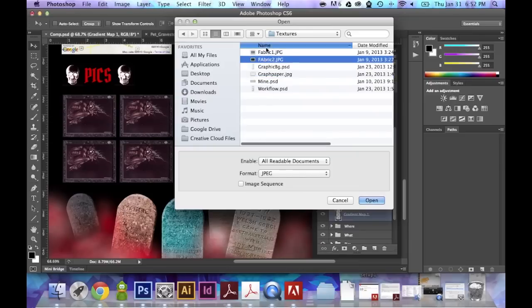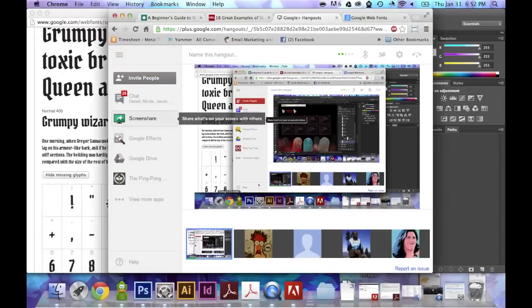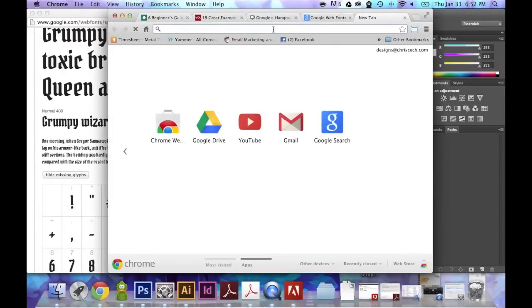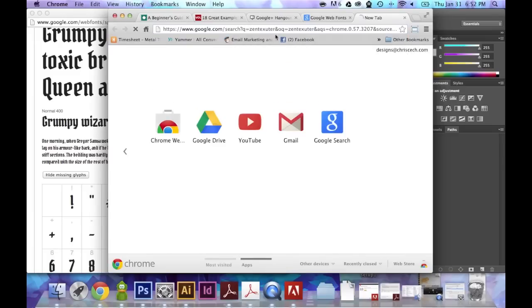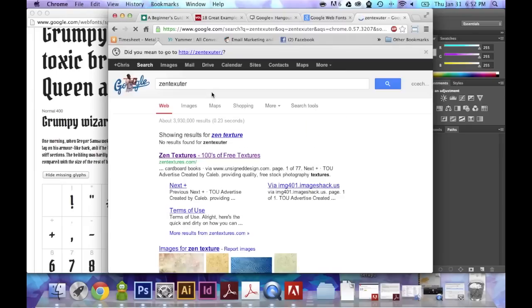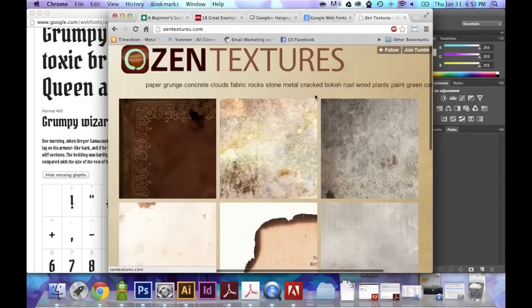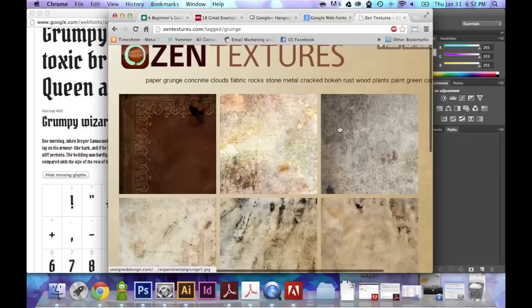I haven't downloaded a lot of textures yet. Let's go download one. I'll show you kind of how I would do something like this. There's a lot of texture sites out there. One is Zen Texture. Let's say we wanted to do some sort of grunge or something like that, and download one